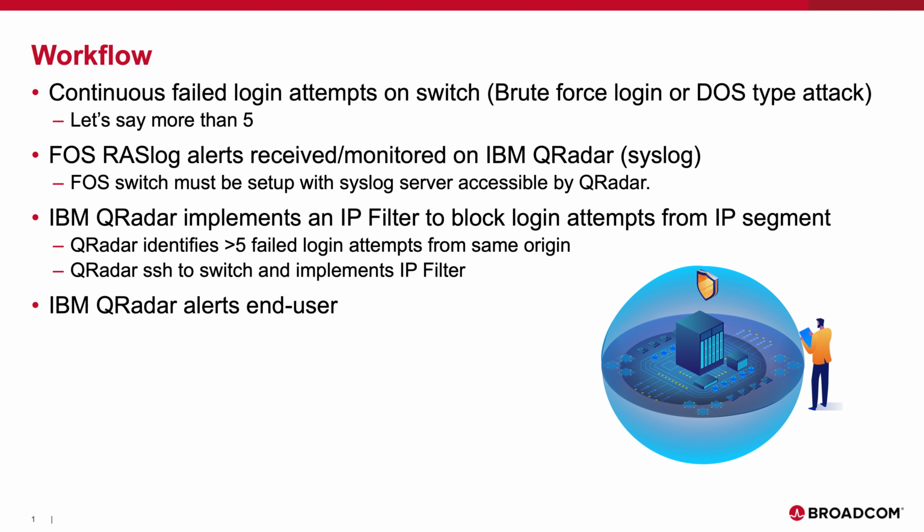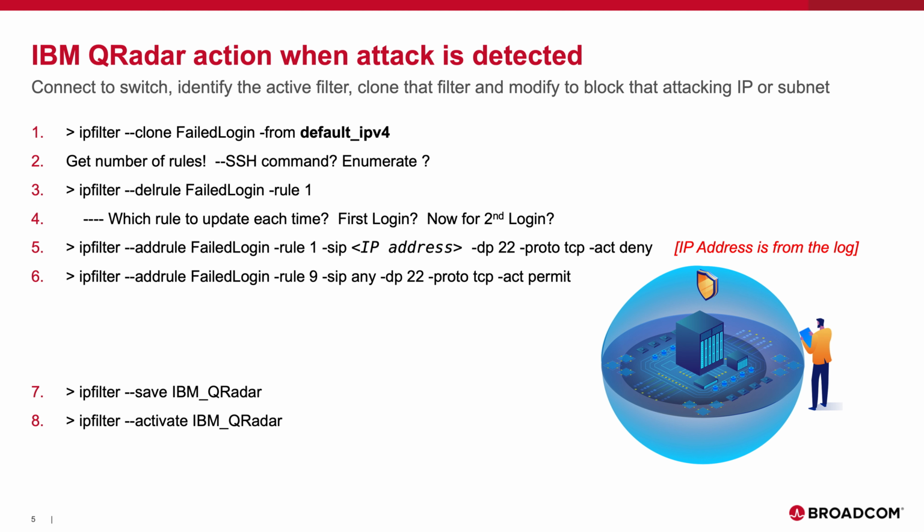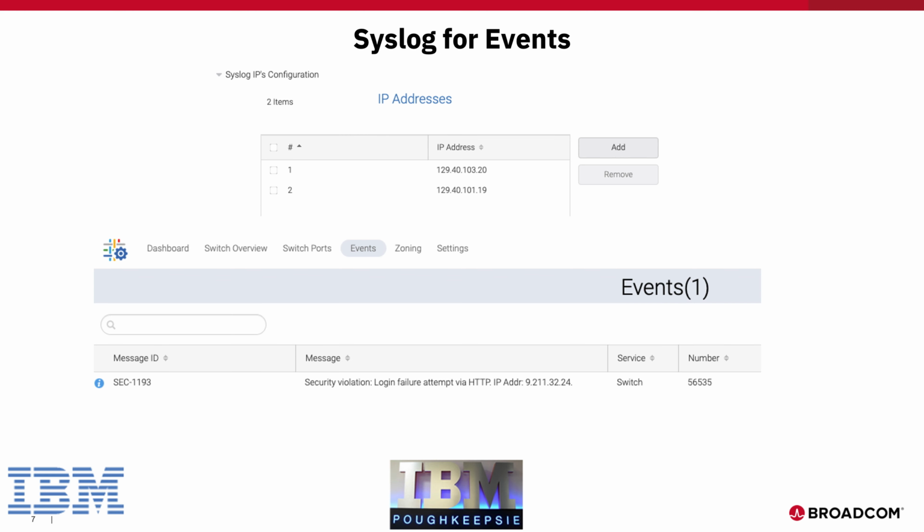Now we'll take a look at this. You can look at any different type of workflow and teach QRadar how to then take intelligent actions. We're just looking at failed login attempts. And so once those happen within a certain time frame, QRadar then takes actions and updates the switch to prevent any further attacks, as well as doing other stuff downstream to other security groups. We're using the IP filter command, which is part of the FOS. And as you can see from the steps here, we're going to be updating the policy with a particular IP address. So that way we're surgically blocking that particular IP address or that attacker without affecting the rest of the operation of the switch.